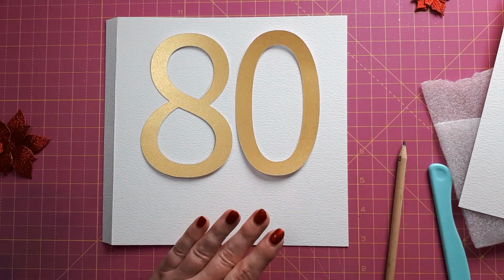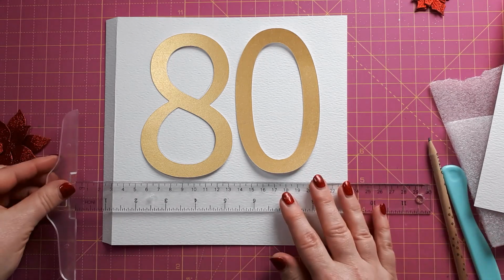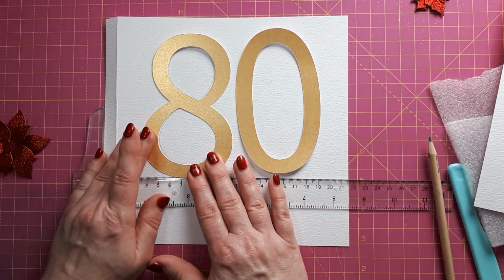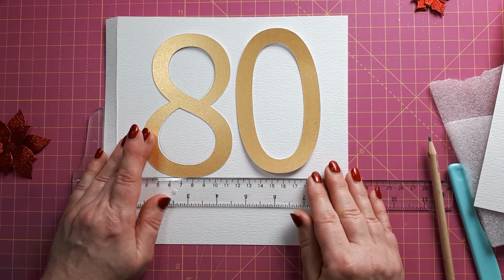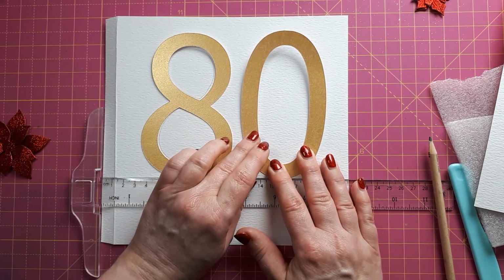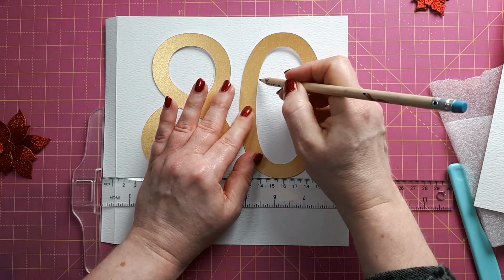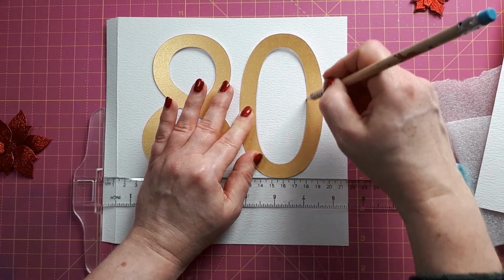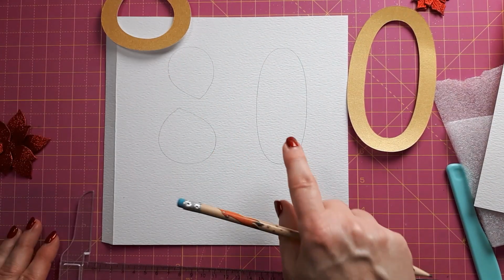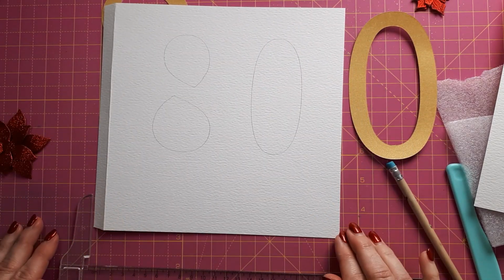I will actually get my T ruler out just to make sure that the 0 is on the same level as the 8. It's a very useful tool. You don't need it, you can just measure it, but if you have one, it's worth getting it out here. So I'm just checking that again. Having said that, with the decorations, if you're not quite centered, it doesn't really matter. So, okie dokes. Off camera, I will cut these apertures out, and I will also cut pieces of acetate